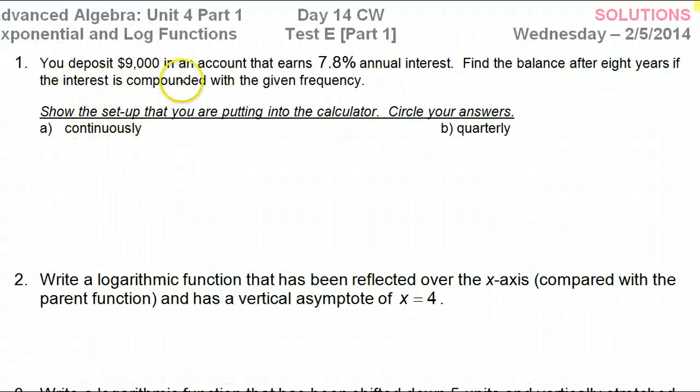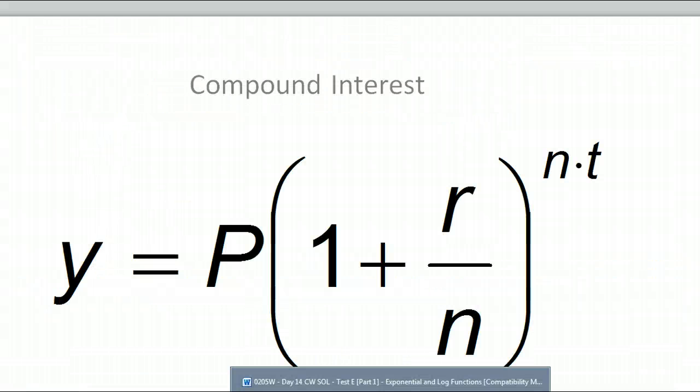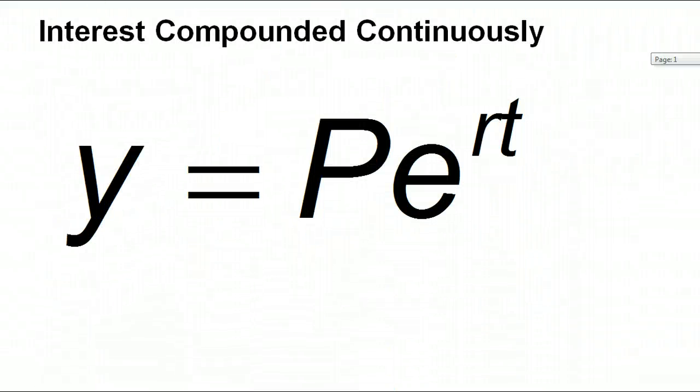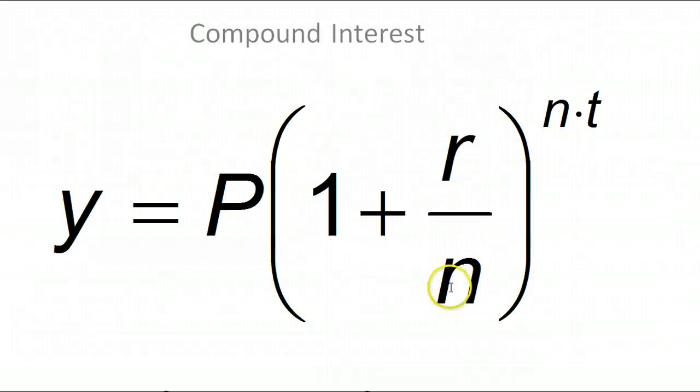Alright, so this one is a compound interest problem. So the first thing is to decide which one of those formulas we're going to use. You will not be given the formulas. Now, the two choices are, alright, are we going to use this formula or do we use this formula? Well, this is the one we use when we know how many times a year we are compounding or collecting